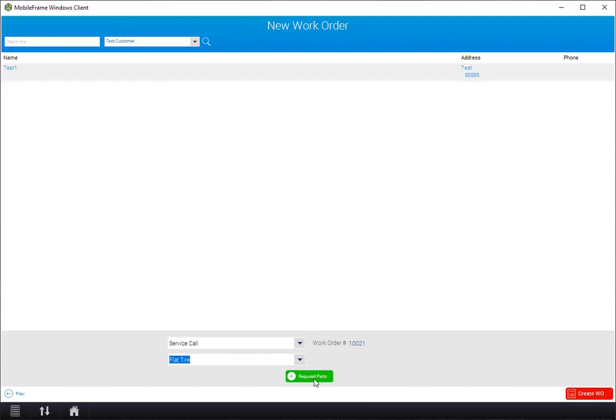This will help you identify additional items that might need to occur. You can also flag required parts. So required parts would be anything that you want to ensure that the field technician has in inventory on their vehicle before they were to head out to this particular call. If I click on Create Work Order,